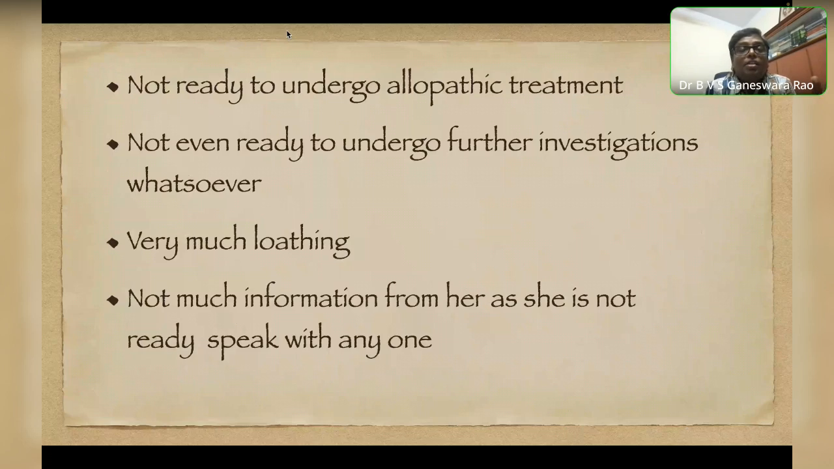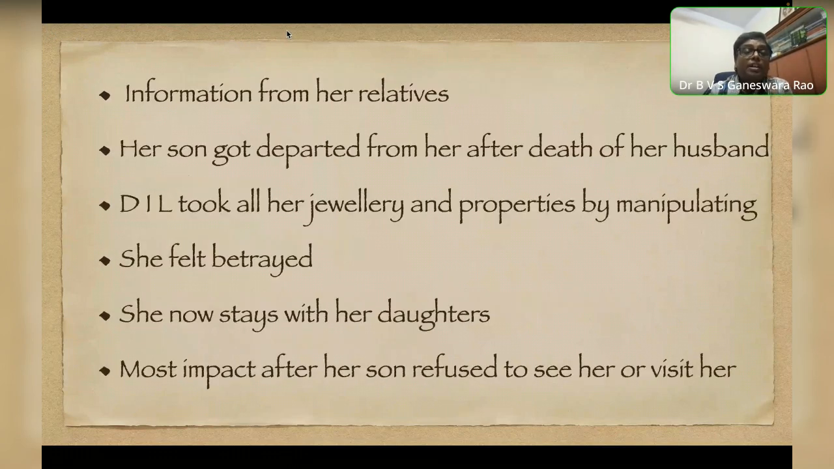And she's not ready to undergo any allopathic treatment or any kind of treatment, as a matter of fact. Not even ready to undergo further investigations either. So very much loathing. Not much information was available from her, as she is not ready to speak to anyone, even to me. So whatever information I had was from her relatives, especially from my colleague,